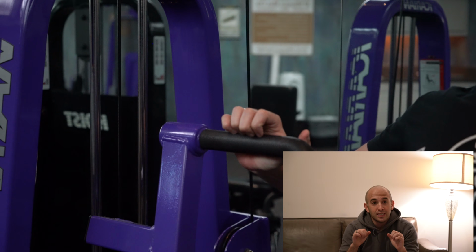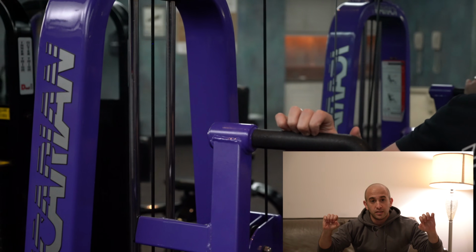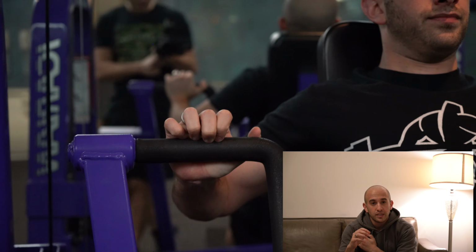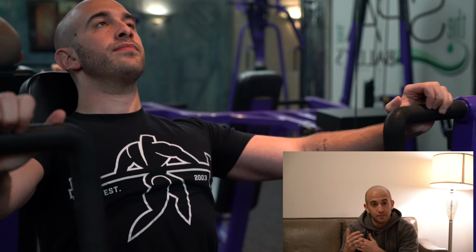Generally what I like to do is I really like to wrap my thumbs over the bar. I don't like to keep my thumbs underneath it. When I wrap my thumbs over the bar, number one, it's a little bit safer for your shoulder. You get a little bit more external rotation and gives your shoulder more room to move freely without fear of